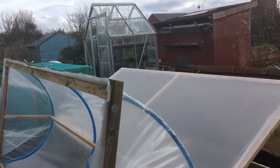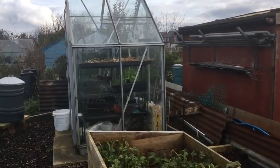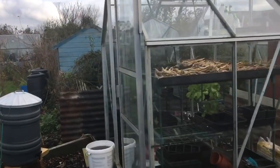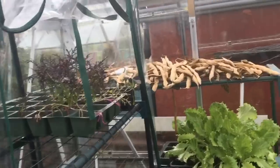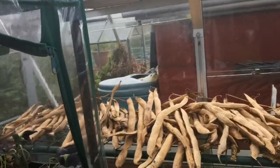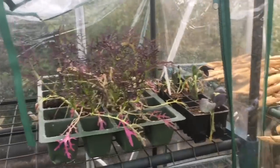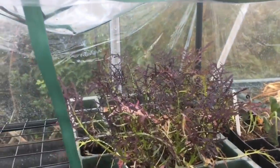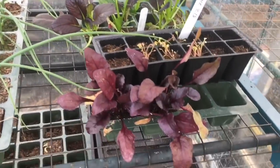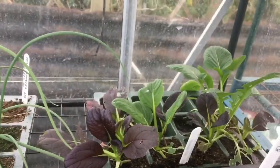And a few little bits and pieces in my greenhouse. Most of the seedlings are at home. I've just got a few little bits here, bits I've got left over really. There's nothing particularly that's growing in here, but we've got a few lettuces, a few red frills, some bull's blood, bits of pak choi,